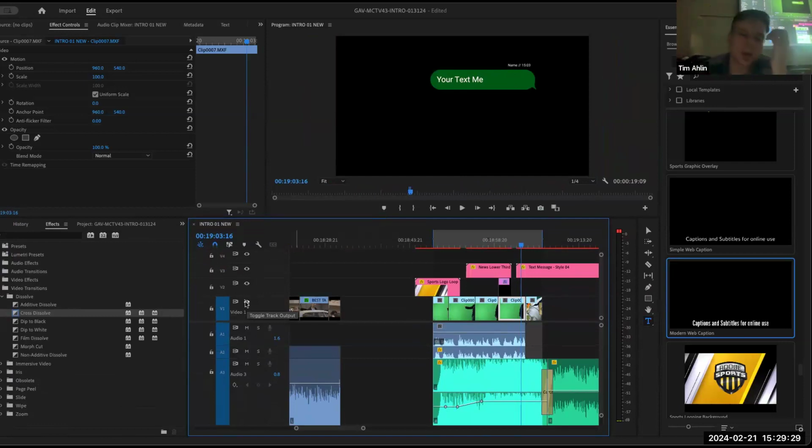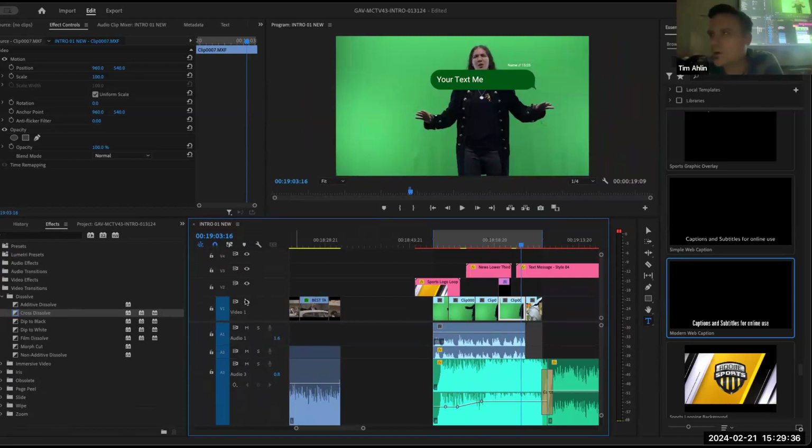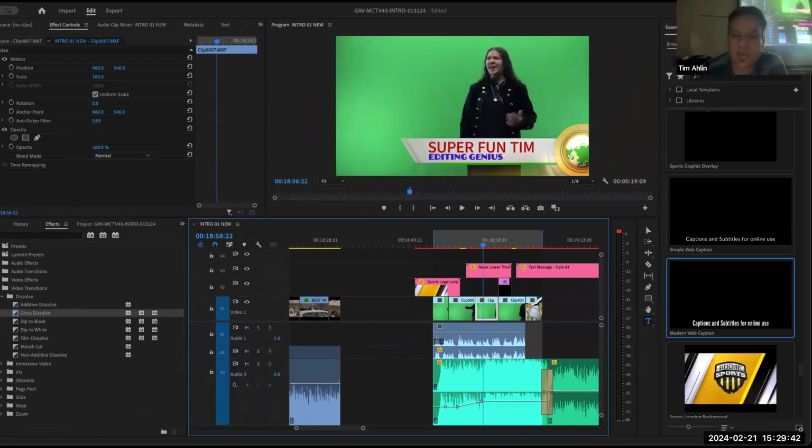Okay. So I have encountered issues where I export something and think, oh, I can't see this. Oh, I had a layer turned off. You want all your layers turned on and all your audio turned on that you want to include. So I have everything turned on right now, so nothing's muted, nothing's toggled invisible.